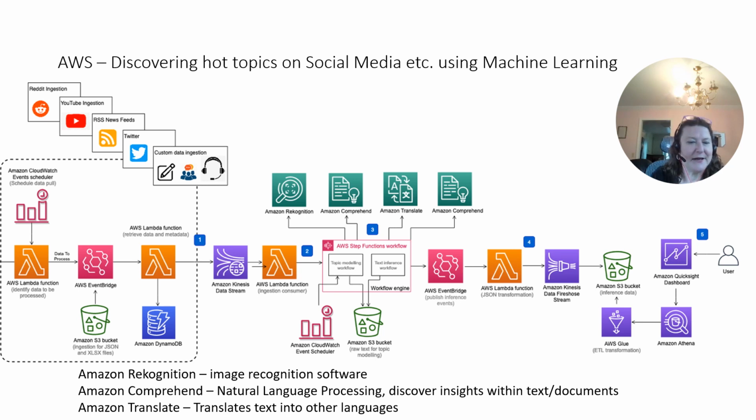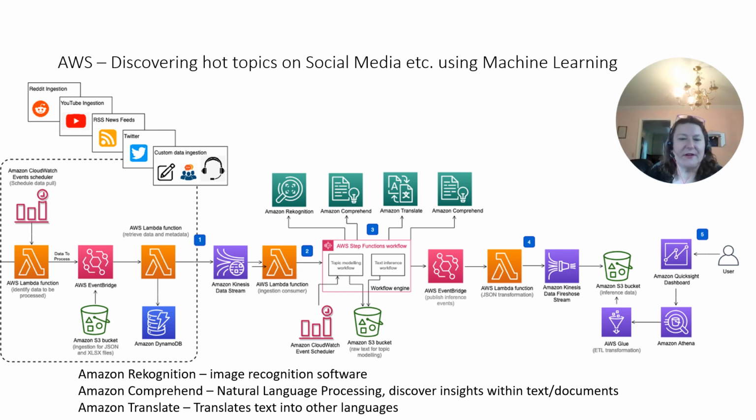S3 bucket containing JSON, maybe from those social media outputs and so on. DynamoDB, having those key value pairs, or little bits of JSON that come in from those social media on the left-hand side. And then you have Kinesis data stream taking that data in a very speedy way straight into a